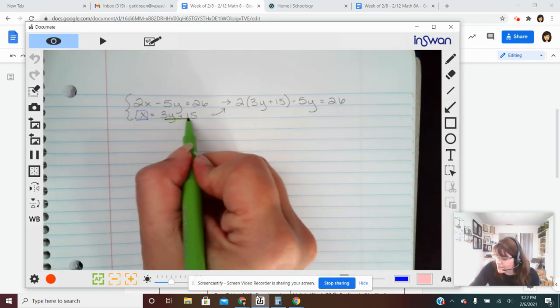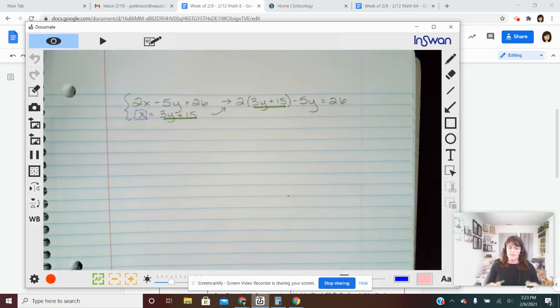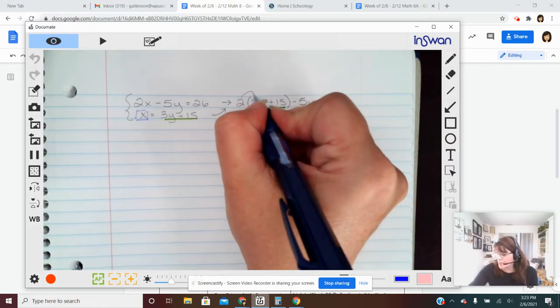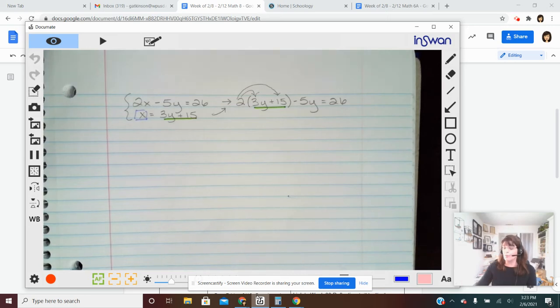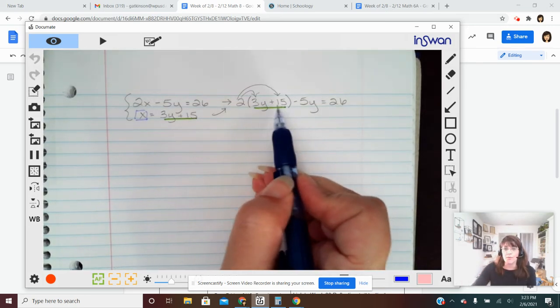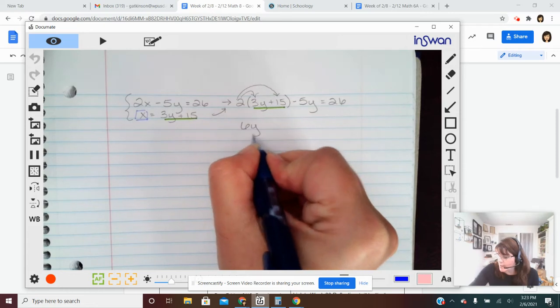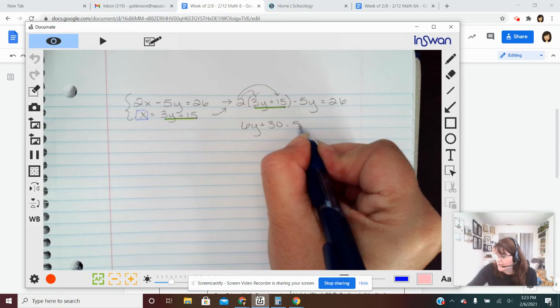And you can see that this value is what went in there. That's what got substituted. Okay. Then we use distributive property to make sure that we've multiplied every term inside the parentheses by 2. So I have 6y plus 30 minus 5y